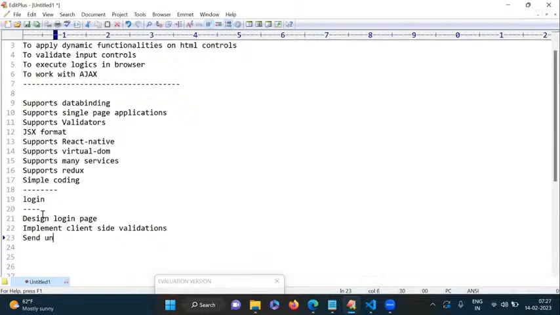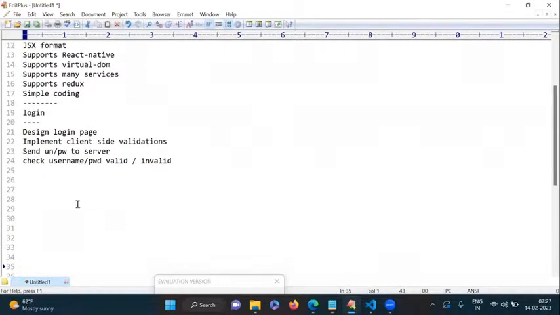Username, password, server. When the user clicks on the login button, first we check the validations, whether those text boxes are empty or not. In case, instead of username, if it is email, whether it contains data or not. So these types of validations we perform, right? After that, we send the username or email ID and password to the server. Next one here, check whether the username and password are valid or